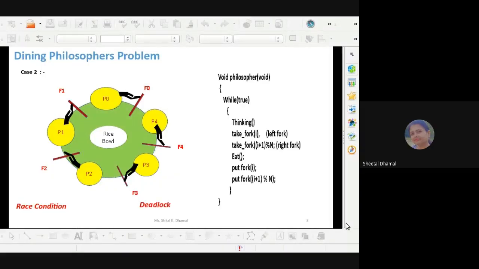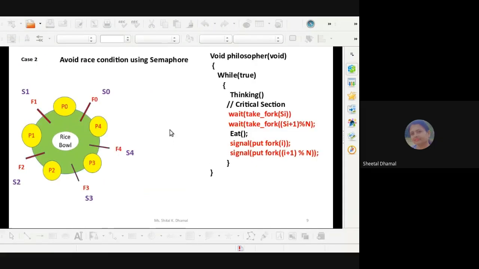How can this deadlock be avoided? By using the dining philosophers solution. The dining philosophers problem is written using the semaphore. So compare this code, written using the semaphore, with the code written previously. At first, write down this code, the dining philosophers problem using the semaphore. Here you can observe that only two changes are there. Initially the take fork function was written for picking up the left hand side fork and the right hand side fork. Now, simply, by using the wait operation.